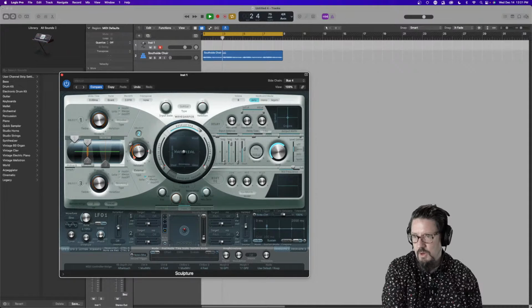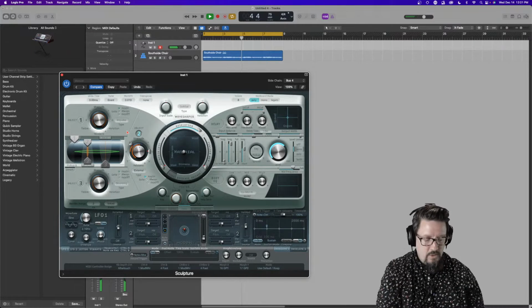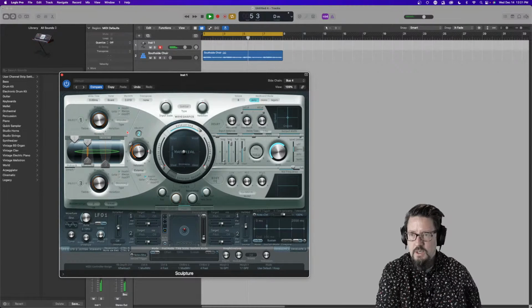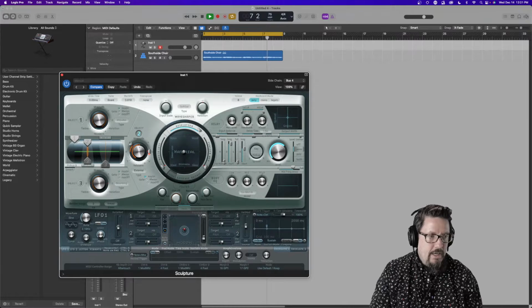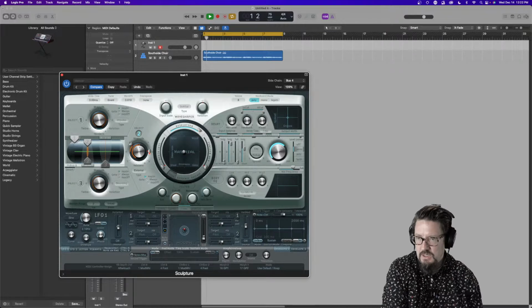So let's go all the way open, or you'll hear very little now. So this is like the full range. And then the second one, this is the width of the string area that's being affected by the sidechain. So the whole string